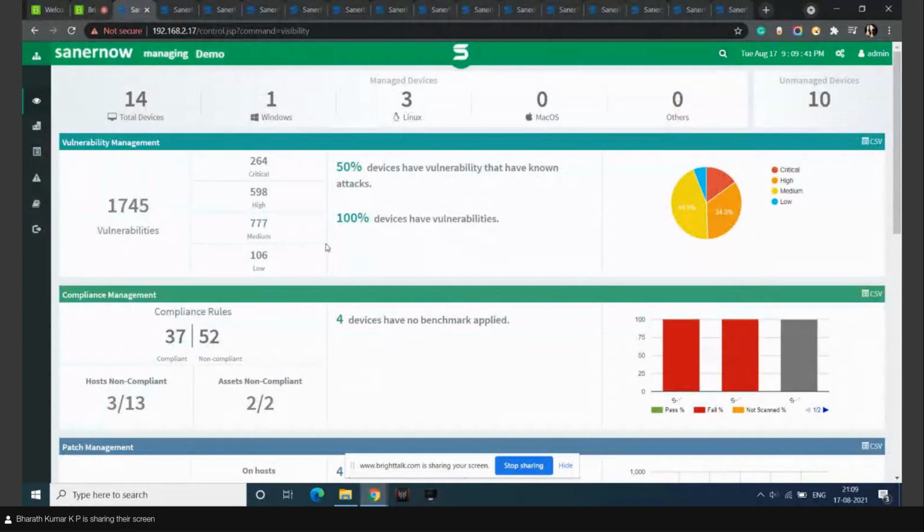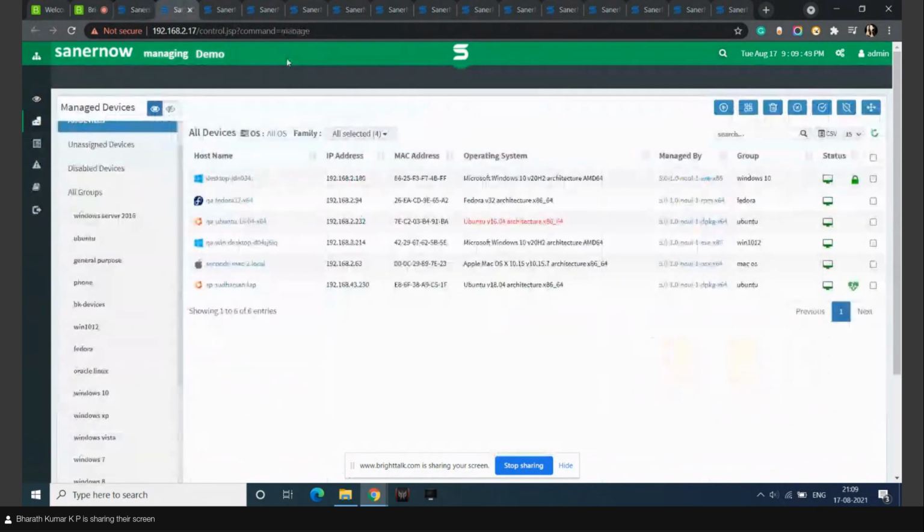As we see now, we are in the account management dashboard. From here, we click on the Manage Devices option. Once the devices option is selected, the device page will be opened, where all the devices present in the account will be listed. From this list, we can select the devices using the checkbox, where we need to perform on-demand scanning.